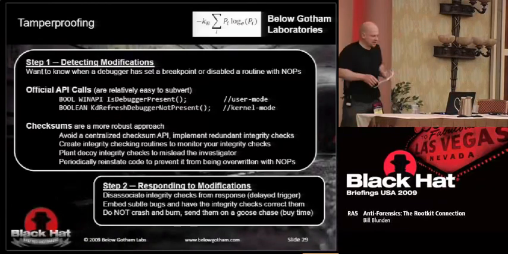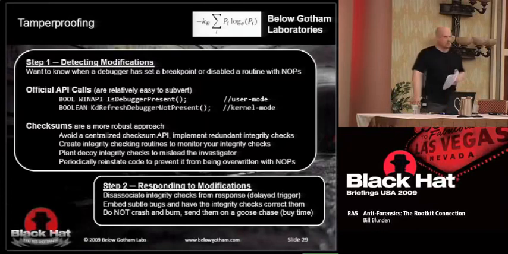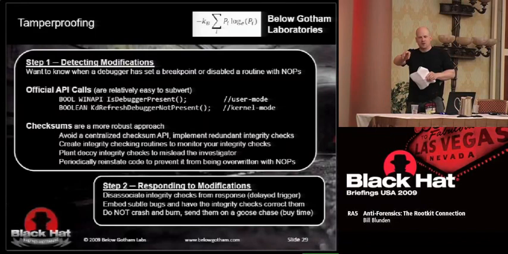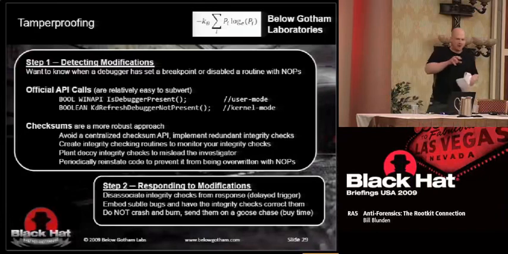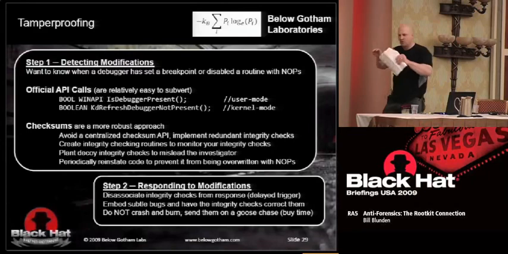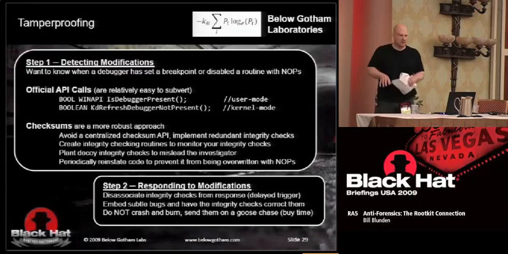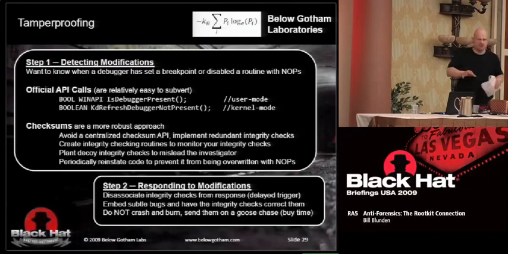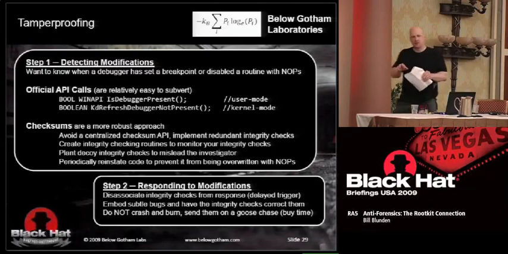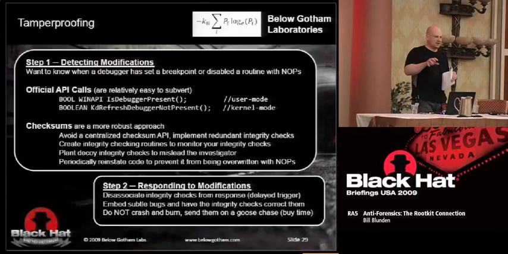Once you've detected modification, you don't want to crash and burn. Like I said, this is a preemptive analysis. You don't want to tip them off as to where the checksumming code is, or where the response code is. Basically, you want to have a silent trigger, and you want them to walk into the blast zone before the booby trap goes off. The best way to do that, that I've come across, is to leave subtle bugs in your code and have the integrity checksumming code correct those bugs, as long as it has